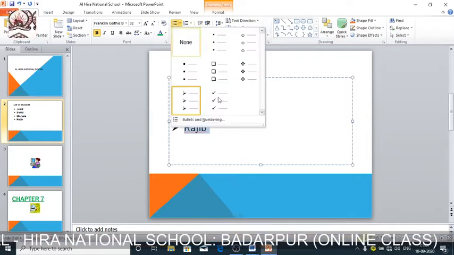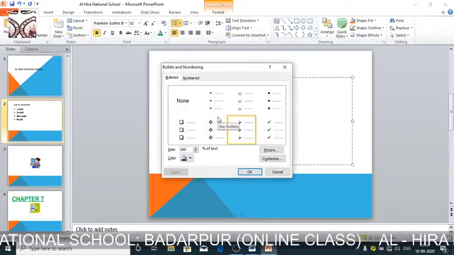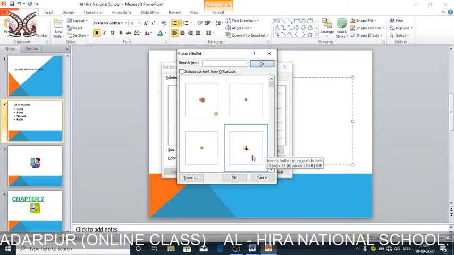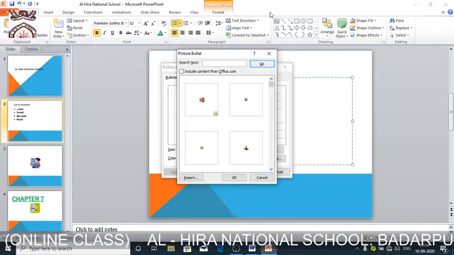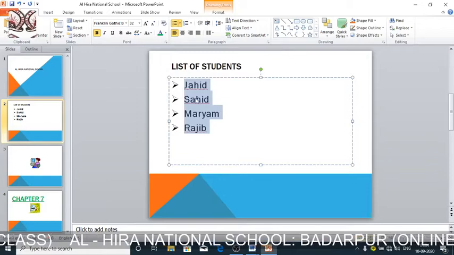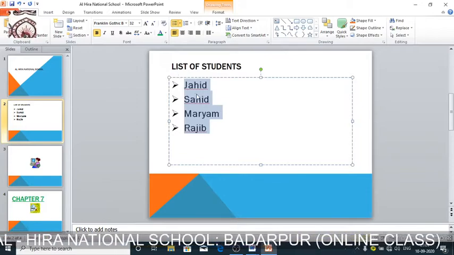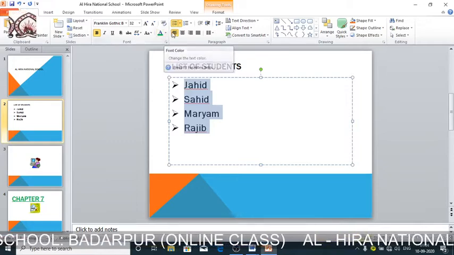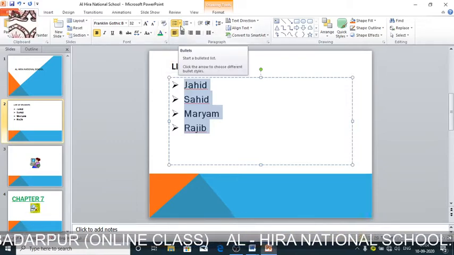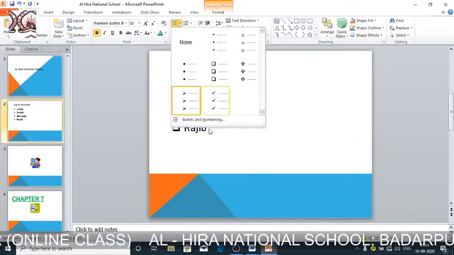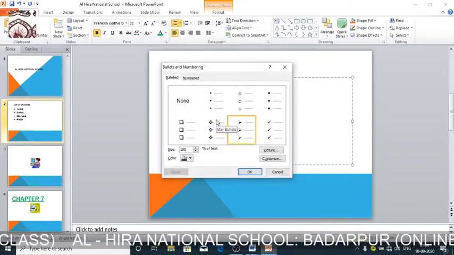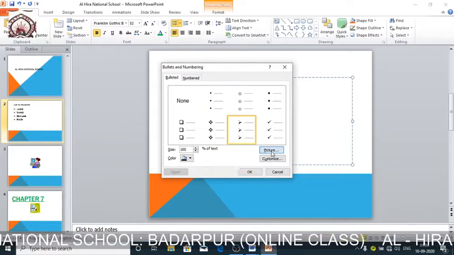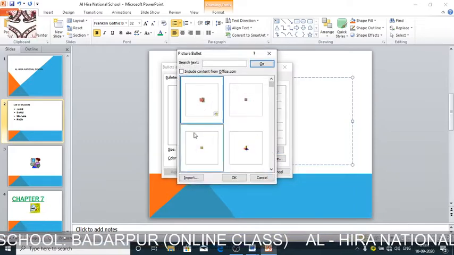We'll select this one, and if you go to bullets and numbering, from there you can take any pictures. Suppose I want it like this, so I'll select. I'm showing you how to select. First we'll select the text. Then I'll click on the bullets option, then bullets and numbering, and then we'll find the picture button, then we'll choose a picture.